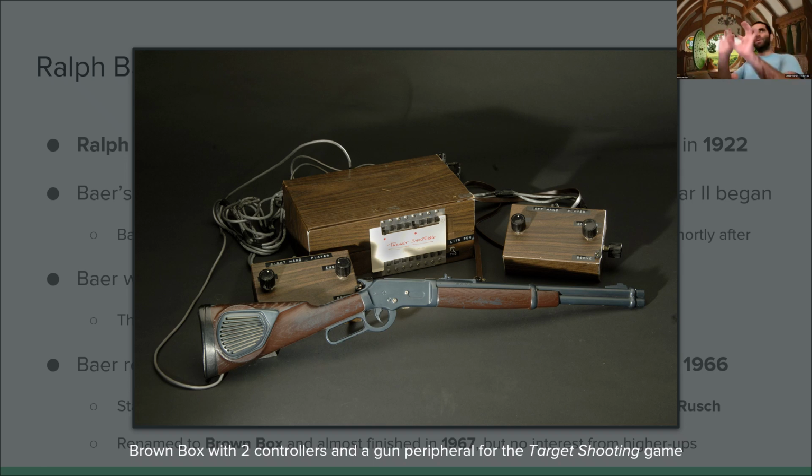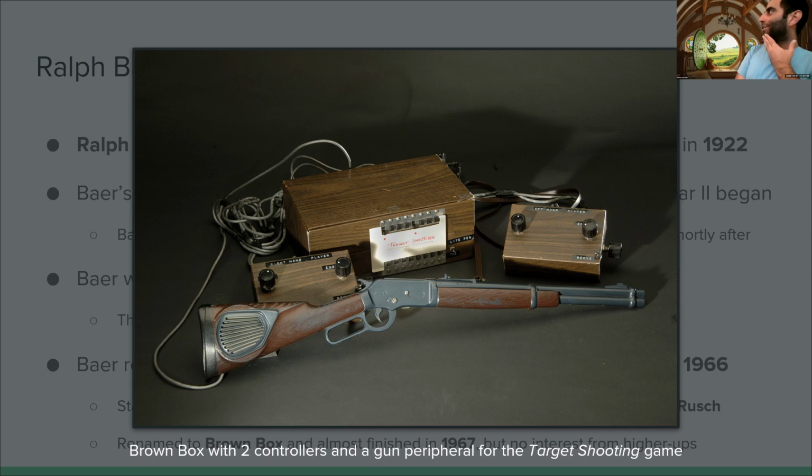And those early computers, a lot of it was flip knobs to put it in whatever mode you want it to be in. So here, this is a target shooting video game, and it actually had this gun-looking peripheral that you could shoot at the TV display, and it'll interact in a similar way as, I don't know if folks have seen Duck Hunt from the early Nintendo games. It's like birds are flying and then you shoot them. Same type of idea. But there were a lot of different games that you could play on this thing.